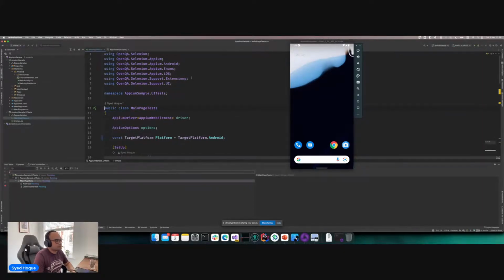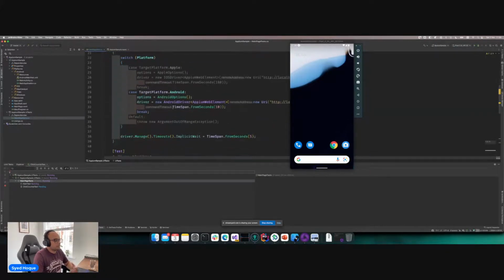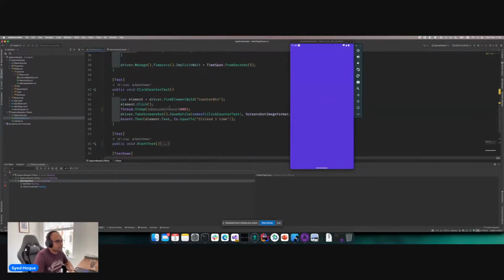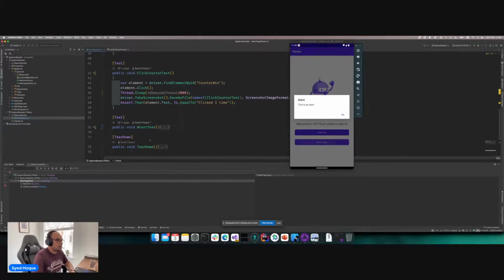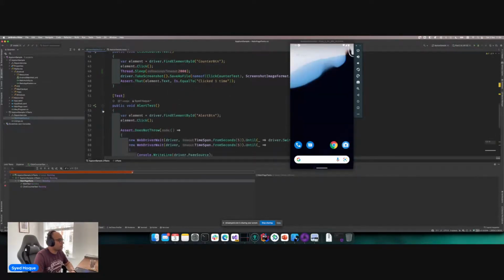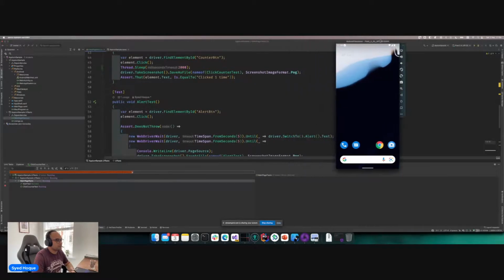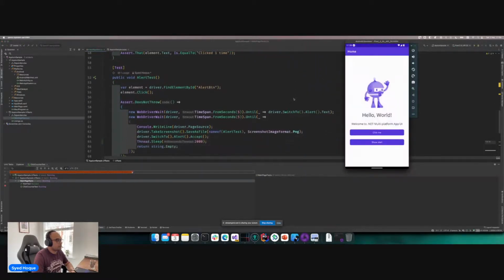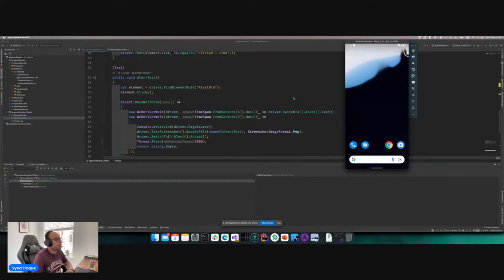Let's run both tests. For alert, because different platforms render them differently, the Appium driver gives us an abstraction of it. So we actually have a nicer syntax here, so I don't have to fiddle around and find what we're actually looking for. Because the alert comes onto the screen after we click, after a short while,